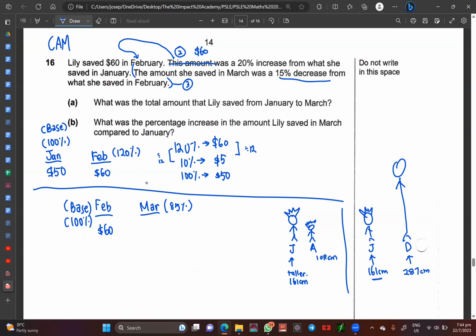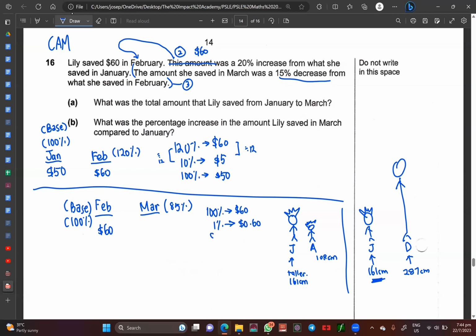So you see, my value does not change. That is the reason why my February's value does not change. You understand what I'm saying? So if I know that 100% is equal to $60, I want to find first 1%. Okay, if some of you prefer 10%, go ahead with that. All right, we simply just have to do 60 divided by 100. Okay, then you will get to an answer of